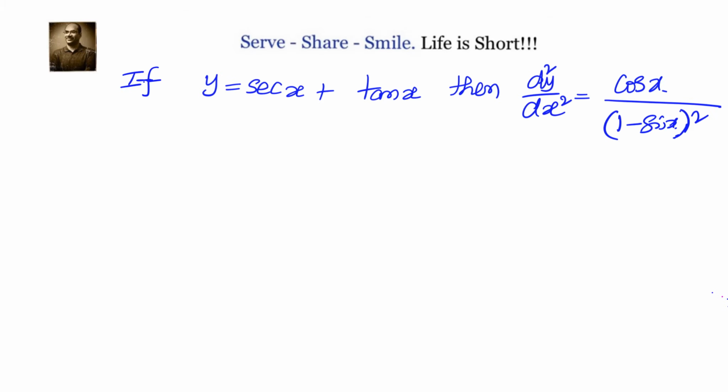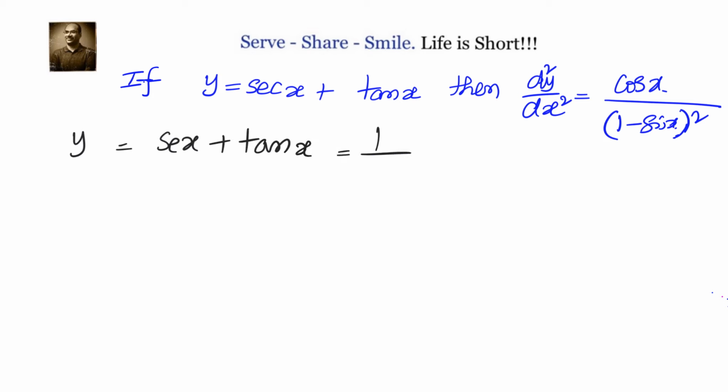If y equals secant x plus tan x, then d square y by dx square equals cos x by (1 minus sin x) whole square. Now since what we need to find out is in terms of sin and cos, let's go ahead and change the y in terms of sin and cos. So we will write down y equals secant x plus tan x,